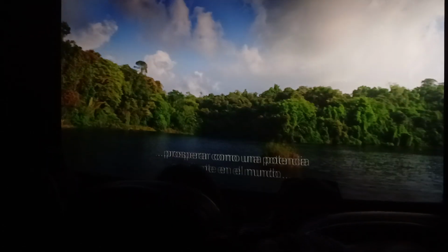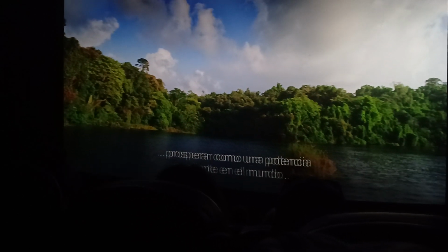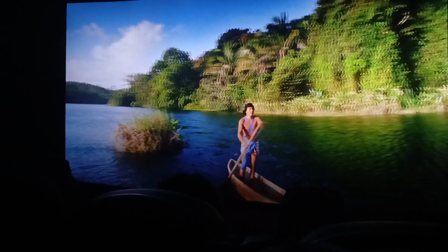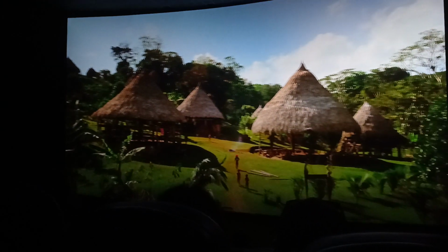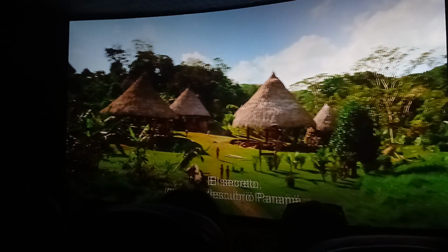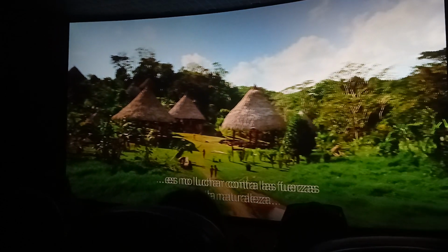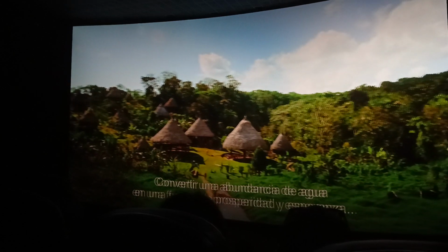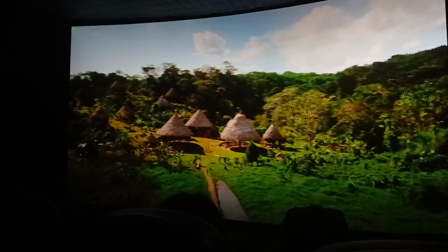It turns out it is possible to connect the greatest seas on Earth, to prosper as a rising power in the world, and to remain still a timeless paradise. The secret, as Panama found, is not to fight the forces of nature, but to live harmoniously with them, to turn an abundance of water into a wellspring of prosperity and hope, and a gift